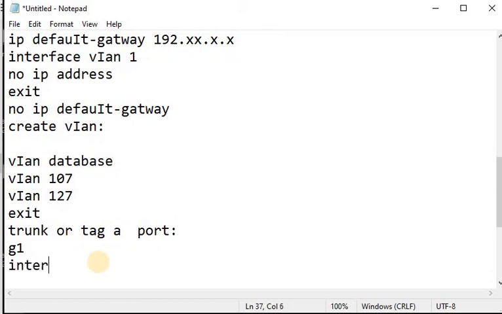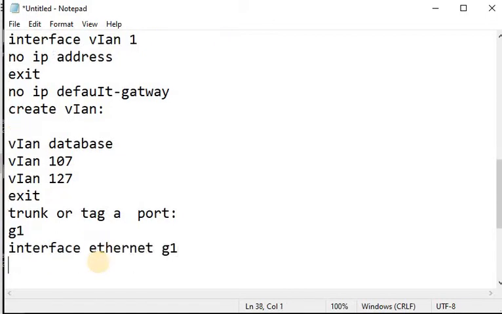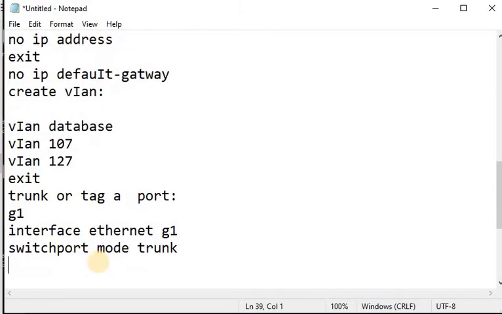First of all, we will select interface Ethernet G1. Now I am inside G1. Now I want to change its mode from access to trunk. Switch port mode trunk, and press enter. Now G1 has become a trunk port.